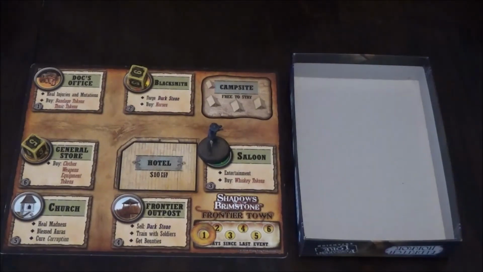So d6 times 25 is 125. This is an expensive town trip for him. Pretty much used up any money that he gained. We'll attempt to